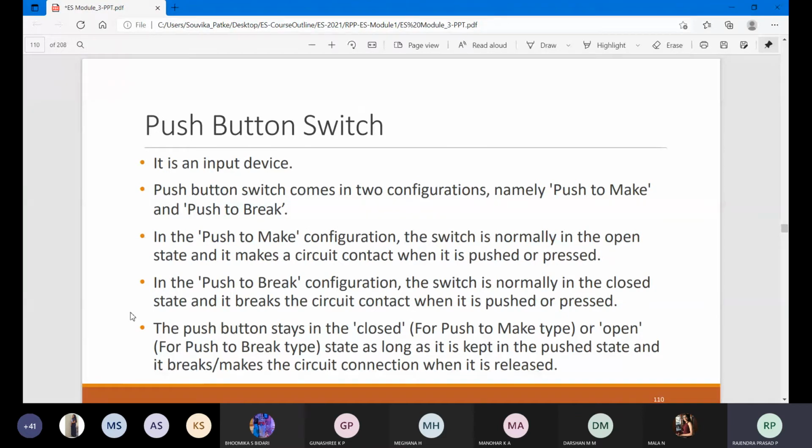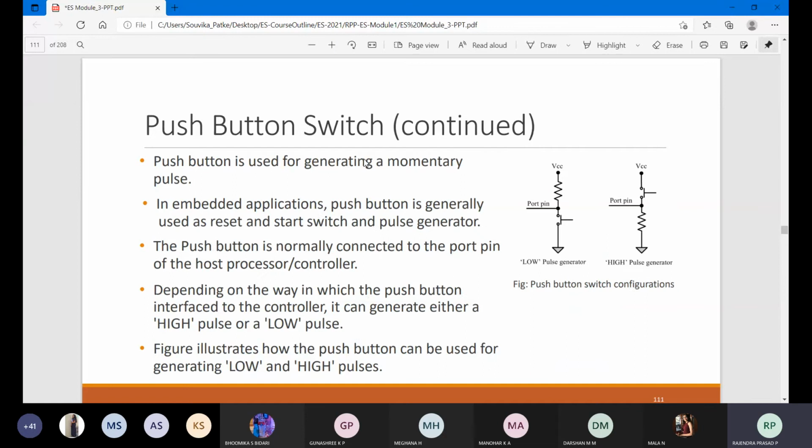There are also two types of option provided to us: always in on state or always in off state. Whichever is suitable for you, you need to select. For home appliances, it will all be push to break. So it is off, and you need to make it on.